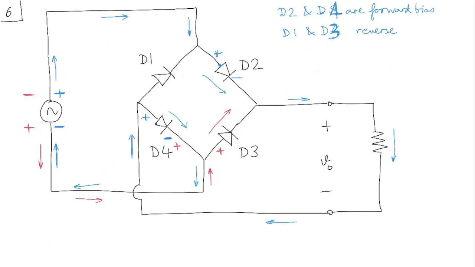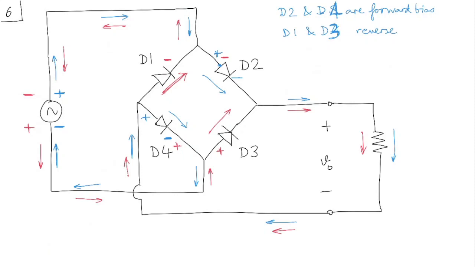And then again, this side of the power supply is negative. So look at D1 and D2. The P side of D2 is negative and the N side of D1 is negative. Which one is going to be forward biased? Of course, it's going to be D1, isn't it? So in this case, D3 and D1 are forward biased and D2 and D4 are reverse biased. Now the current again flows in the same direction through the resistor. It goes up here, and then through D1, it goes back into the power supply. So you can see that in both the positive and the negative half cycle, the current flows in the same direction through the resistance,